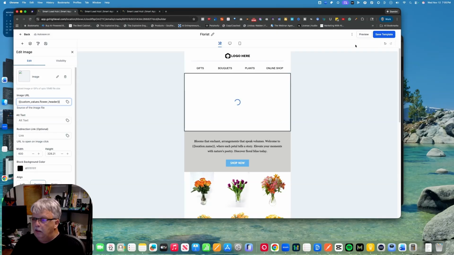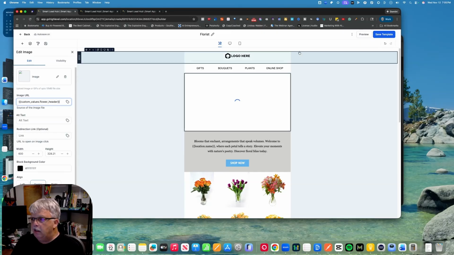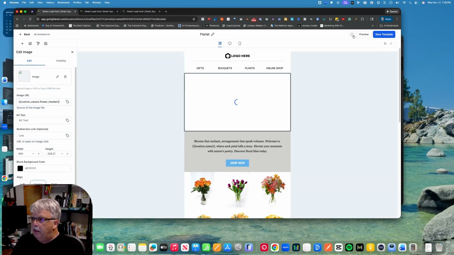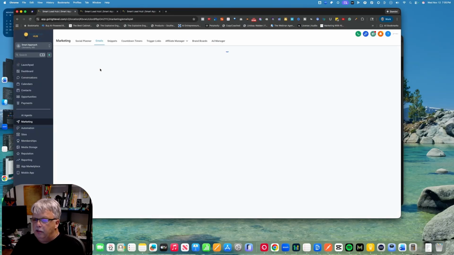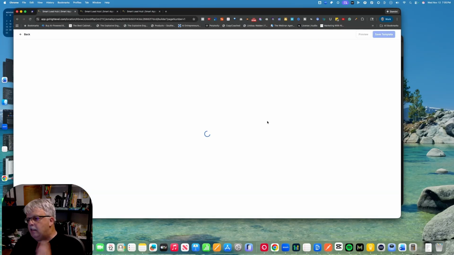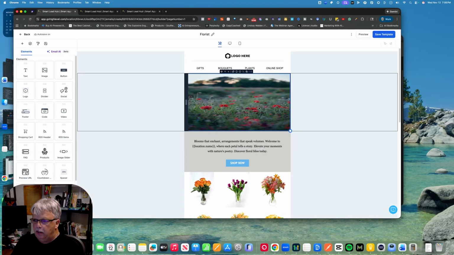And what it's basically doing now is looking for this value within the system. And so it was just created. I can still save this template, and I should be able to preview it. I haven't found it yet. Let's make sure. Let's see if it found it. It was just looking for that image. Yep, there it goes. So in this particular case, that image probably wouldn't be the best one to use, but